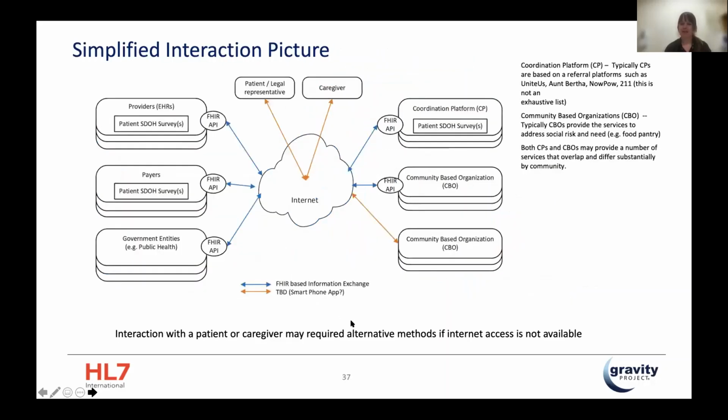This is just another version as well. You can see these are the pathways of information exchange that they imagine. And some of this right now is based on program type and what we're learning in the implementation guide and considering data exchange. So we're likely going to move away from considering organization type to really just basing on what can people do, like what functions can a person perform? Because often in the social services sector, if I can't solve your problem in the food bank, I'm going to bump you over to the church down the way, and we're going to keep on trying to drill on the problem to make sure that it's addressed, and it's not as linear as this kind of organization only can do this thing. So this is a work in progress.